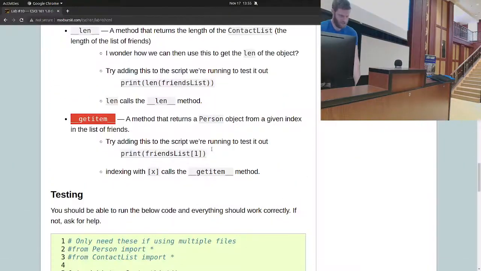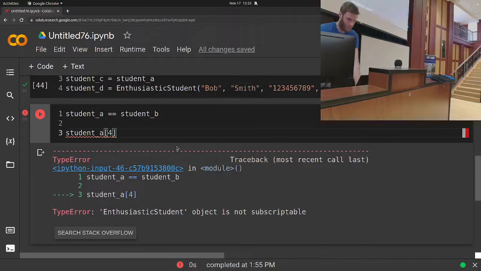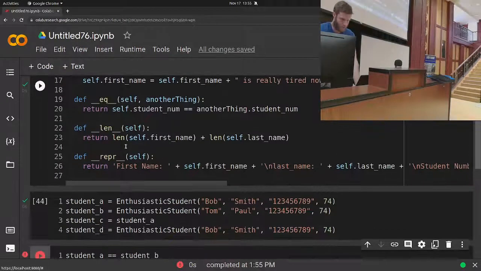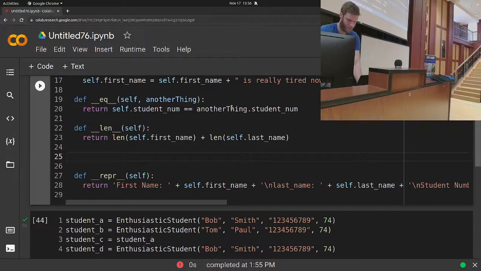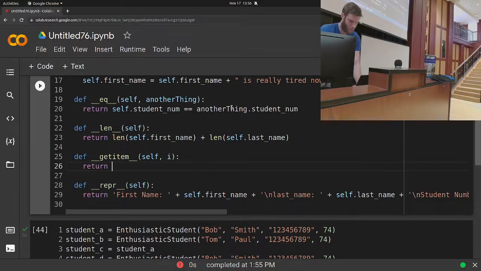So for fun, how about this? We'll do def. Nope. Return. What I'm going to do is I'll take